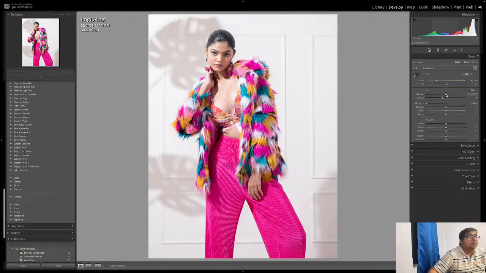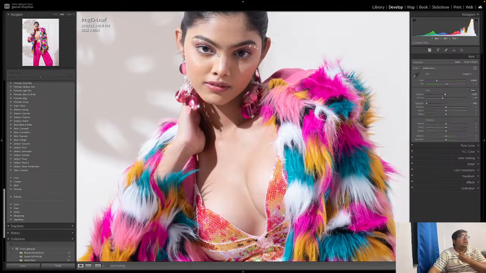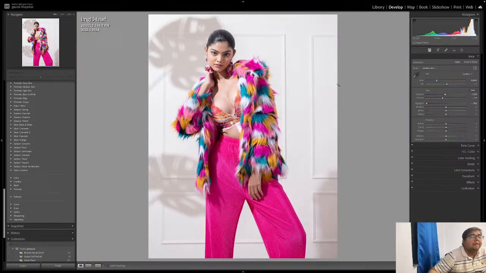Okay, so we can do the other way around. So remove the highlight completely and lessen the exposure by 0.20%, right? Still it looks nice. Highlight, basically it does the same thing. You can always click